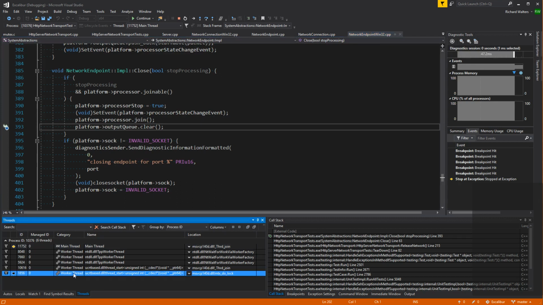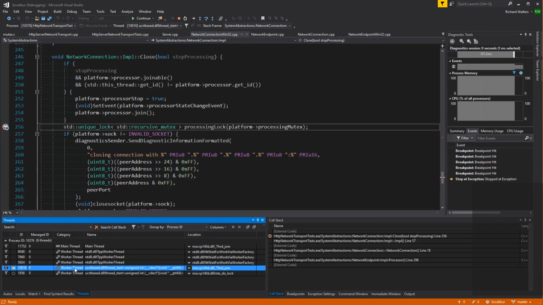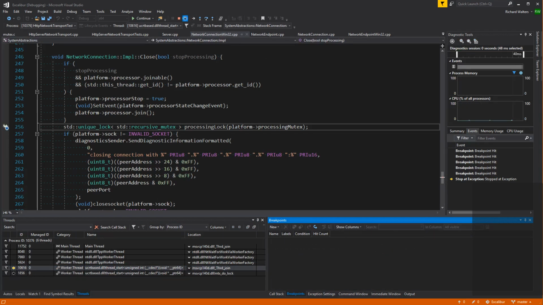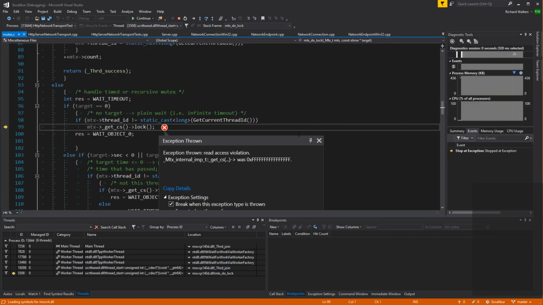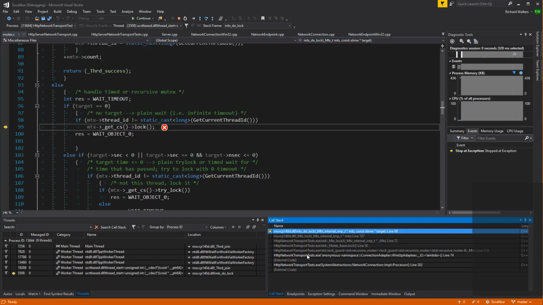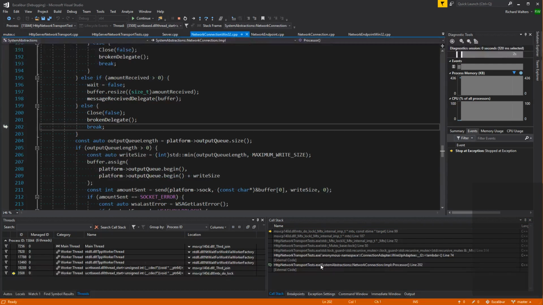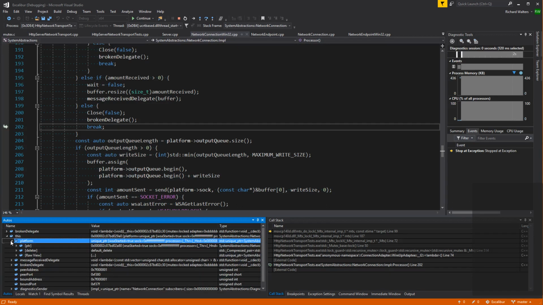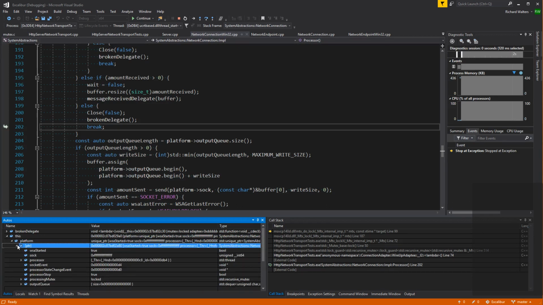Hmm. Okay, let me get rid of all my breakpoints. So somehow it's still running the processor thread for an object that's been destroyed. Oh no, hold on, it's not destroyed. It's still going. The socket's closed.